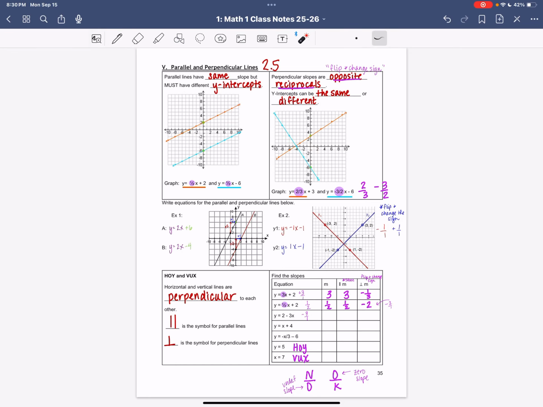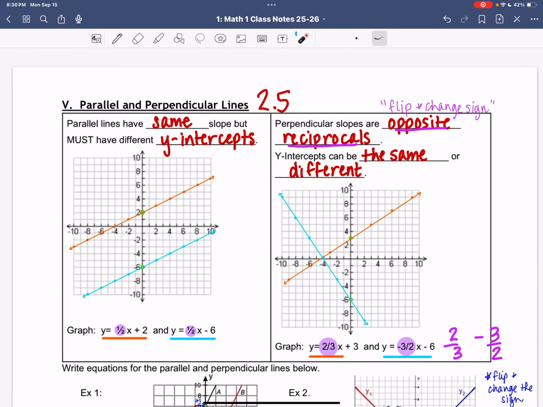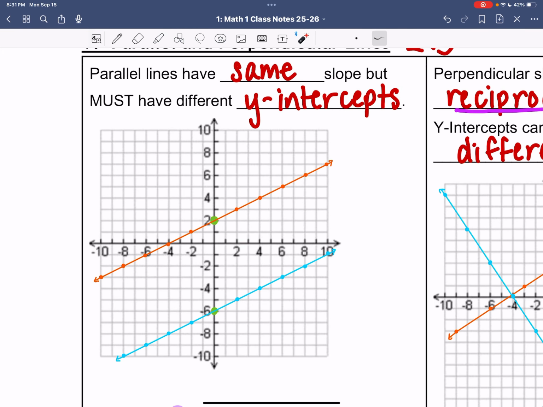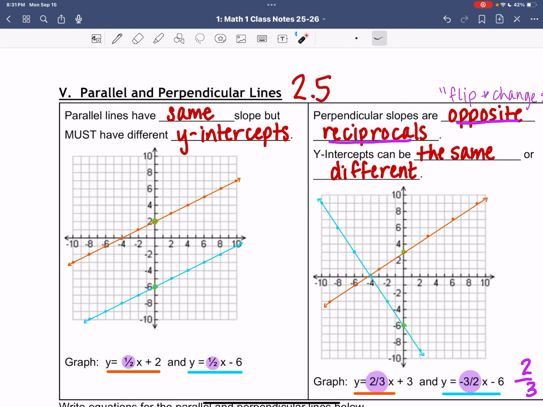Today we're going to talk about parallel and perpendicular lines. So first let's start with parallel lines. Parallel lines have the same slope, but they must have different y-intercepts. So if you were to look at your two lines here, we've got an orange, y equals 1/2 x plus